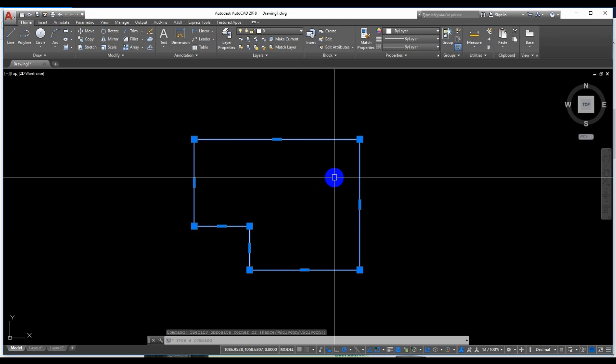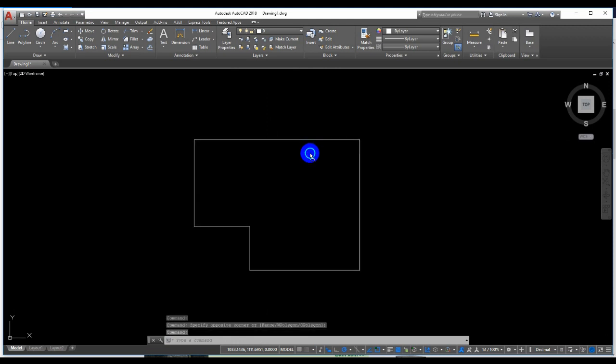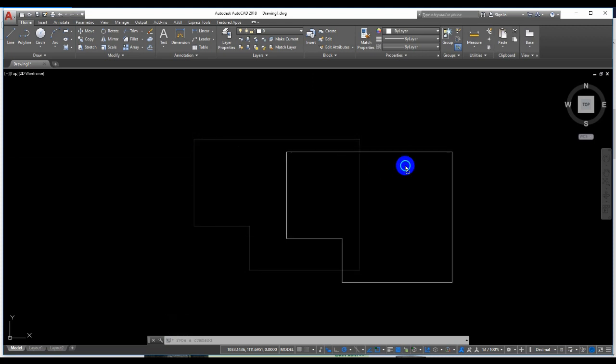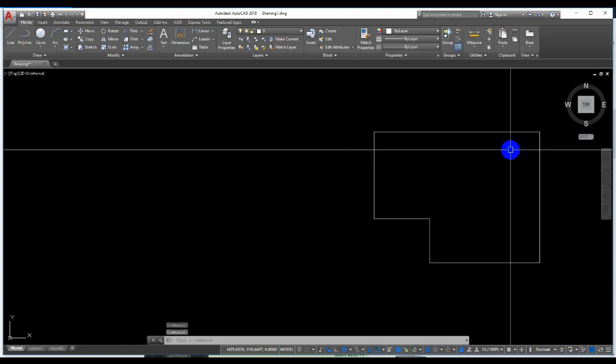and then hold the right mouse button, and then you let go. You have options: move here, copy here. You select move here. Okay,